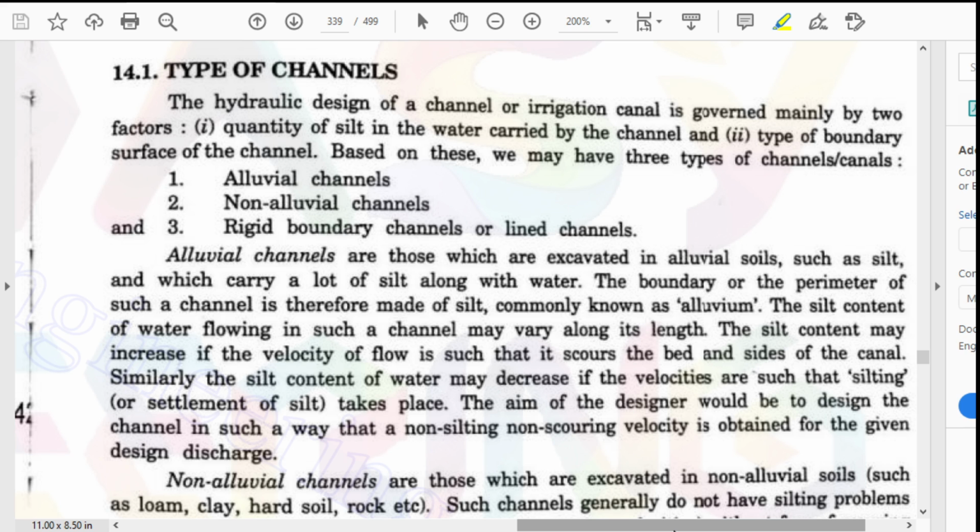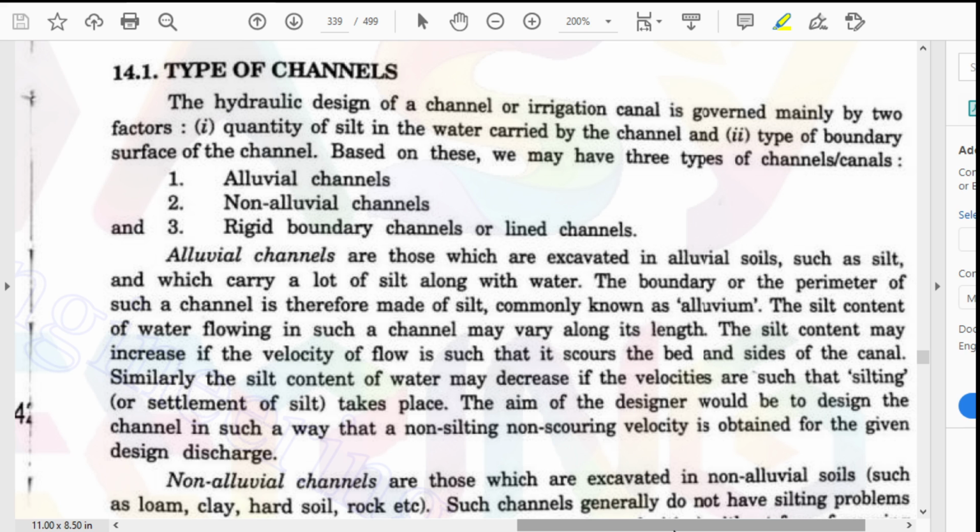ओके, तो पहले जैसे मैंने एक्सप्लेन किया, अगर उस वाटर की जो वेलोसिटी है वो अगर हम लोग इंक्रीज करते हैं, तो पूरे चैनल का जो बेड होगा, पेरीमीटर होगा, जो भी वेटेड सरफेस होगा, वो इरोड हो जाएगा, दैट मीन्स सोर होगा, ओके, बेड भी और उसकी साइड्स भी सोर होंगी, क्योंकि उसमें सिल्ट कंटेंट ज्यादा है। सिल्ट कंटेंट ज्यादा है तो फ्रिक्शन होगा उसके बेड पे और उसके साइड्स में, तो वेटेड पेरीमीटर के अलोंग जो भी साइड्स और बेड आएंगे वो सोर होंगे, ओके।